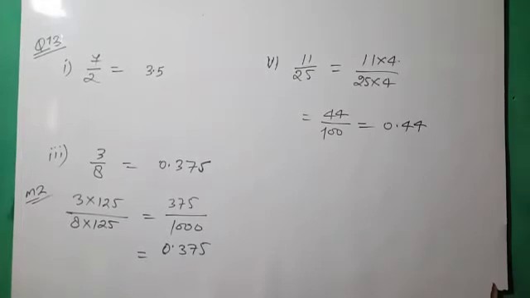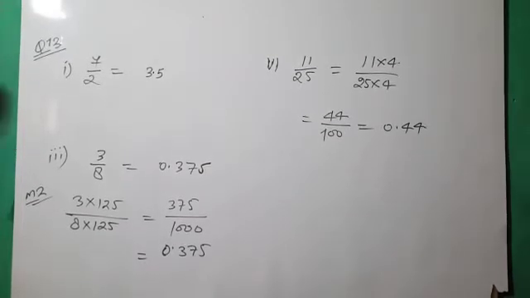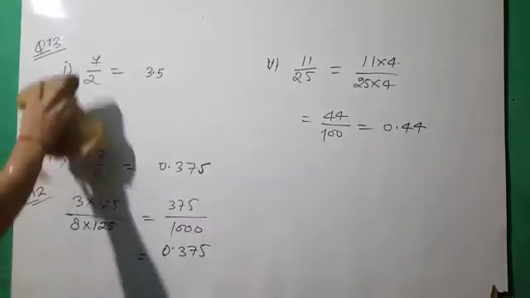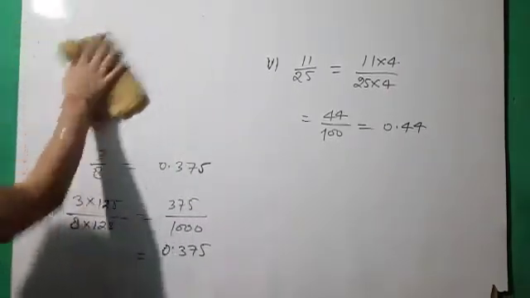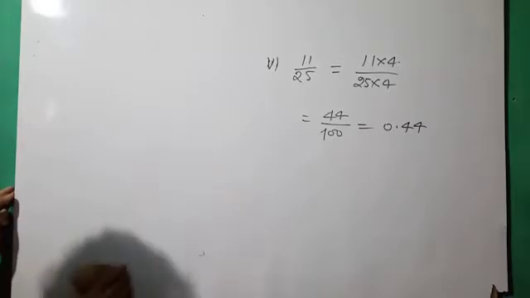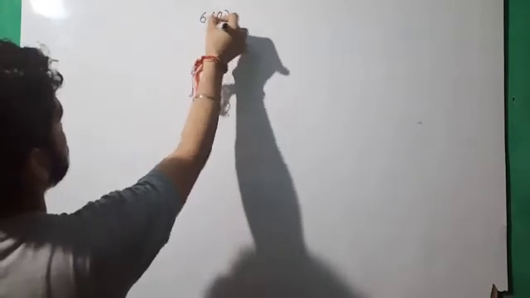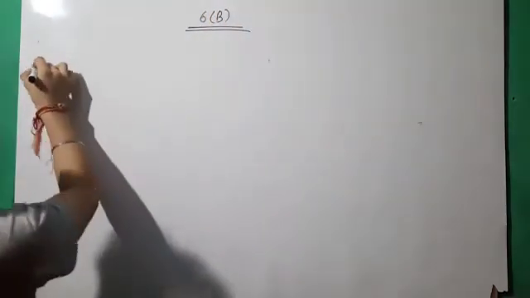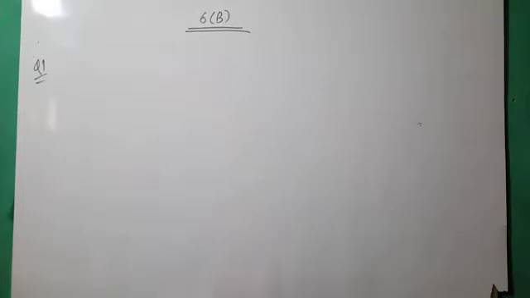Now we are going to discuss exercise 6B. Okay, your syllabus for unit second is up to exercise 6B. Okay, question number one. In this type of question, we have to convert these according to the given physical quantities, either in liters, kilometers, meters, or rupees. Okay, whatever is in the question.